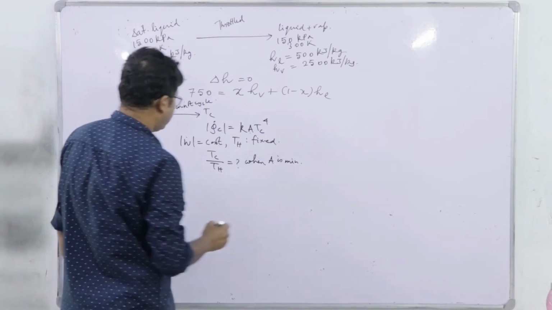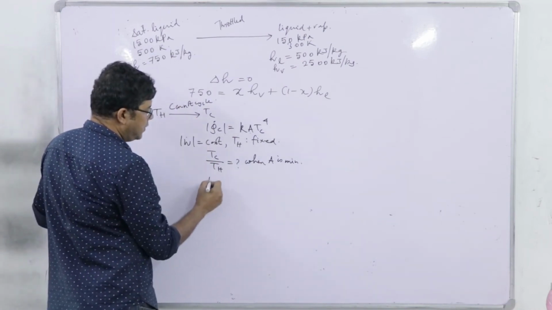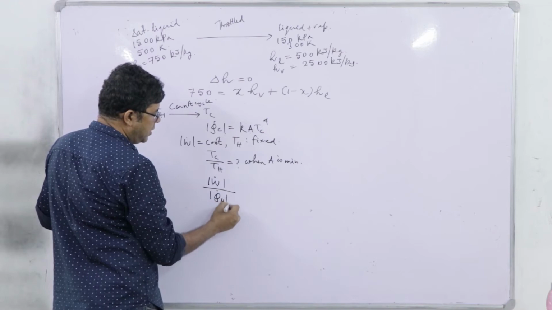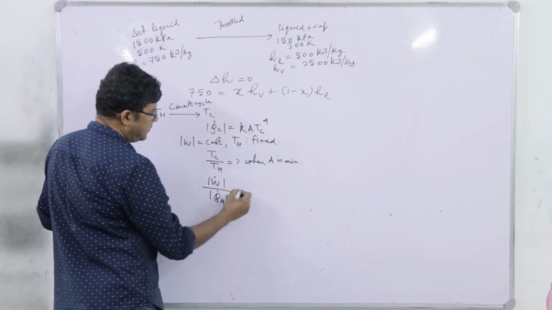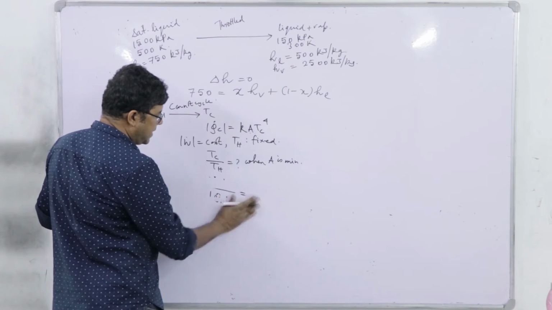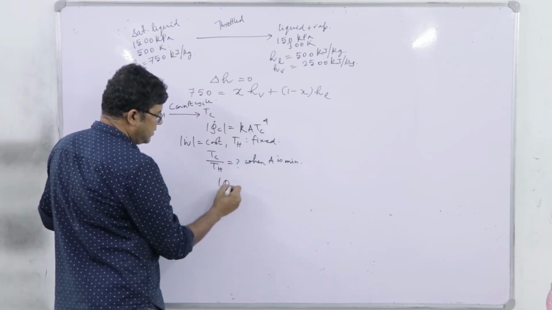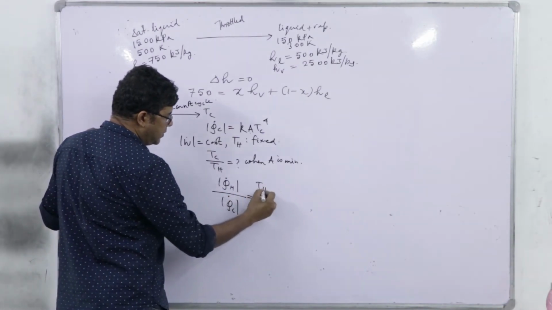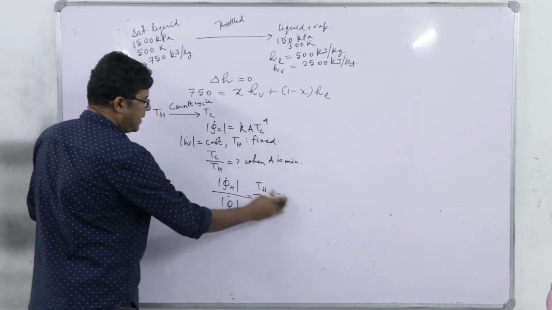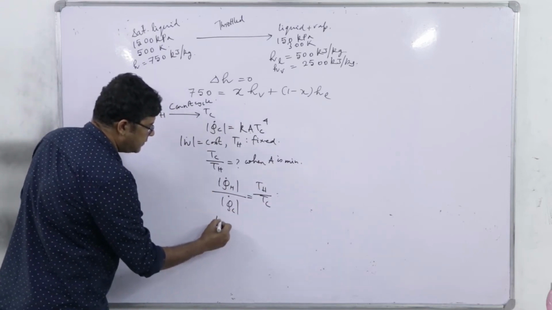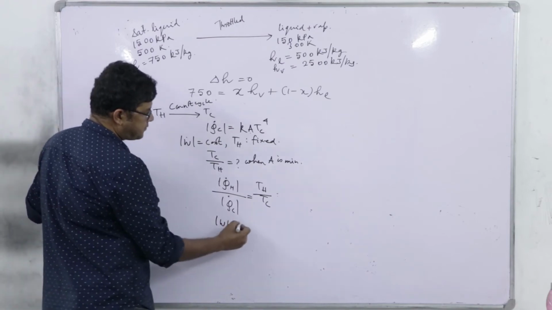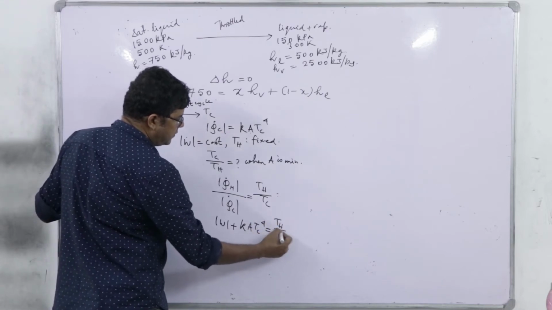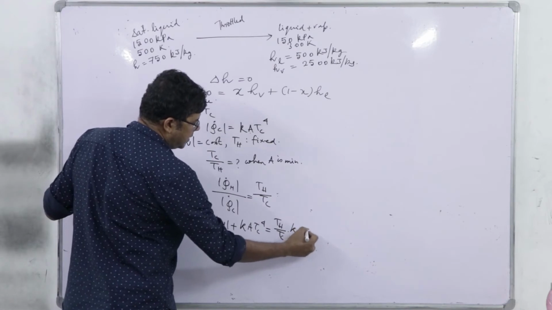So, you see what we are going to use is mod W divided by QH dot; rather we can write QH dot divided by QC dot equal to TH divided by TC, and this can be further expressed as mod W plus Ka Tc to the power 4 is equal to TH divided by Tc into Ka Tc to the power 4,